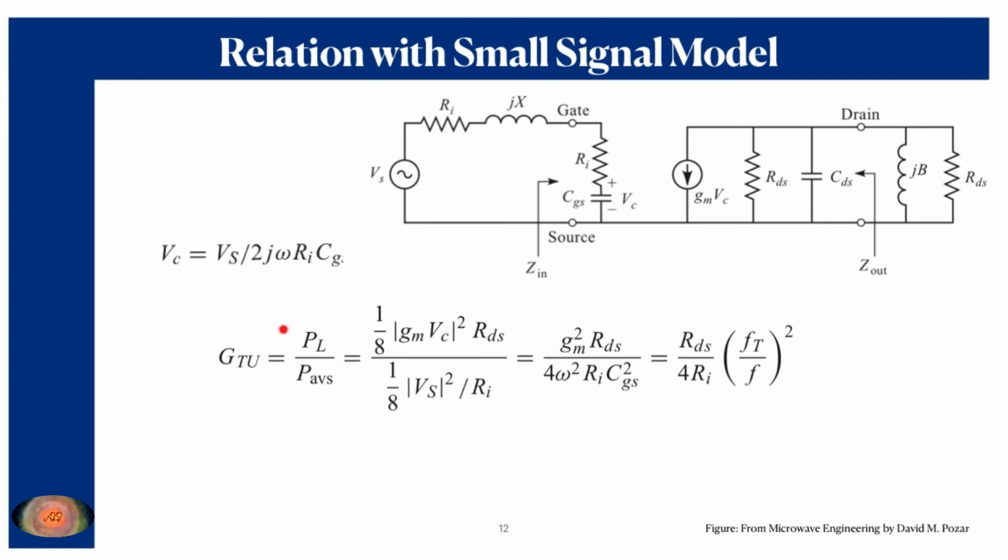So here is a physical example of how you can achieve the overall transducer gain for a unilateral device, where U stands for unilateral device, using the small signal high frequency model of the particular transistor. But the important aspect of the S parameter is that you can obtain the same result, as an expression in terms of the elements of the S matrix, for the overall transistor gain if you use the S parameters for the transistors used in microwave frequency ranges.